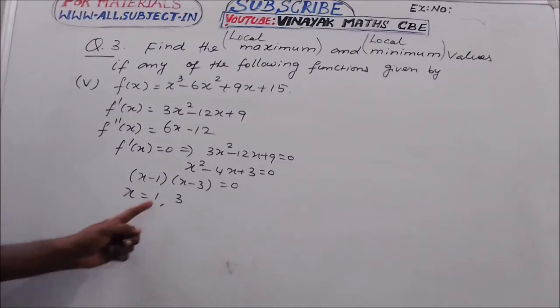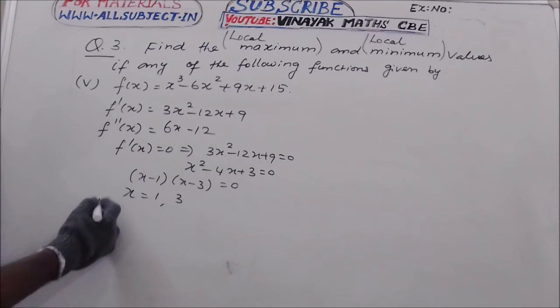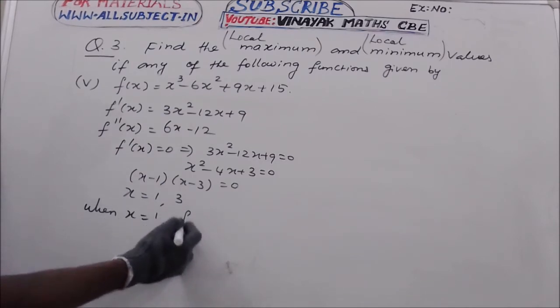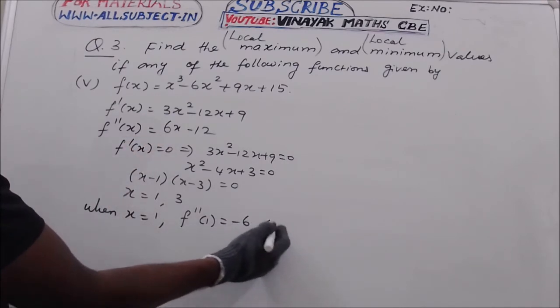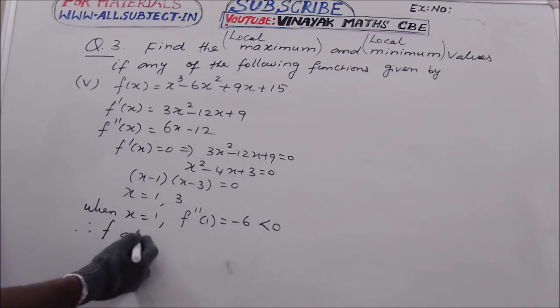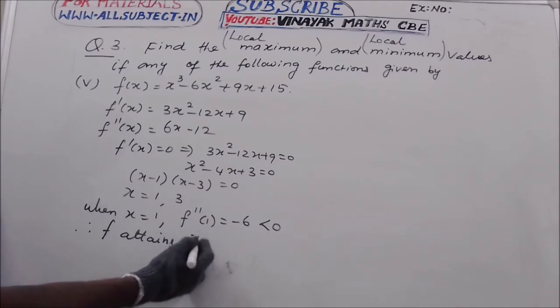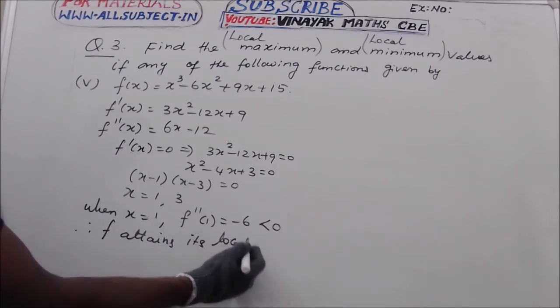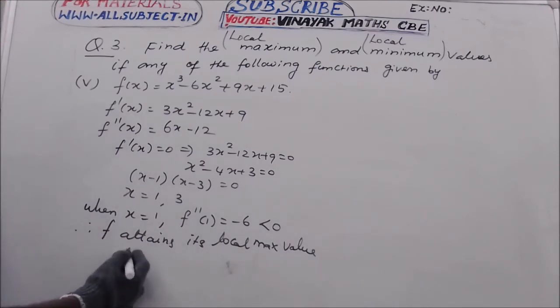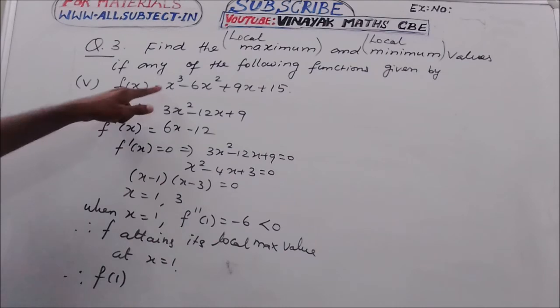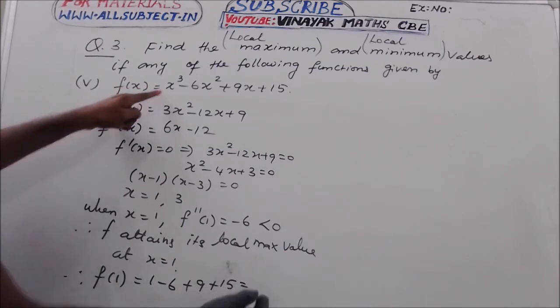Now substitute x is equal to 1 and 3 in f double dash of x. When x is equal to 1, f double dash of 1 equal to 6 minus 12, which is minus 6, less than 0. Less than 0 means f attains its local maximum value at x is equal to 1. Therefore, the local maximum value is f of 1. Substituting x is equal to 1 in f, we get 1 minus 6 plus 9 plus 15,